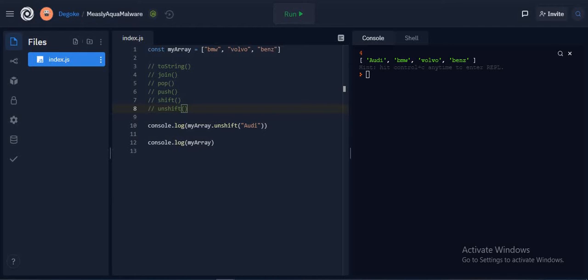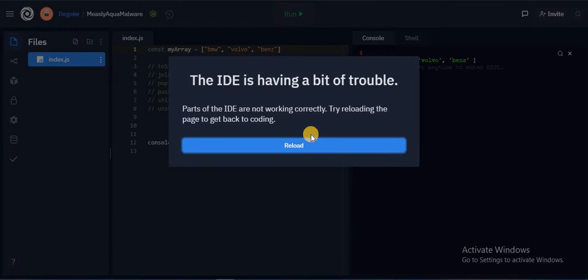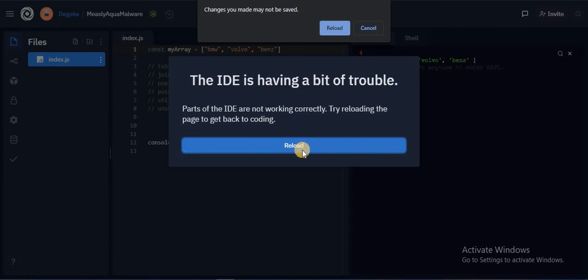So the next thing we are going to look at is deleting elements from an array. Since arrays are objects, we can delete using the delete keyword. So you just access the element you want to delete with its index and then use the delete keyword. So let's try to delete Volvo from our array now. We know the index of Volvo is 1, so we access